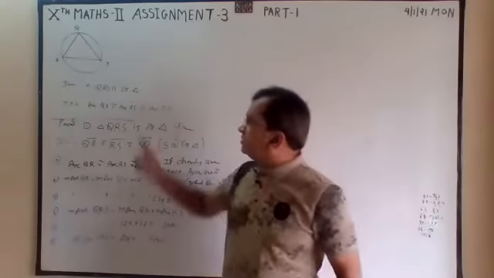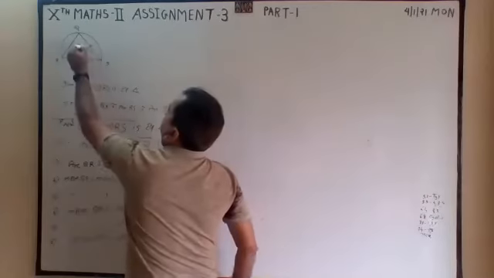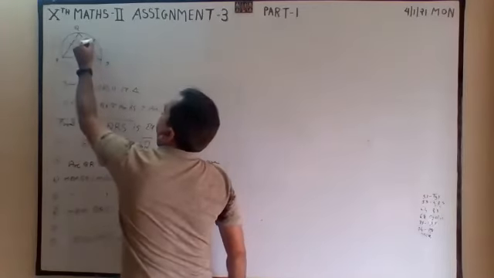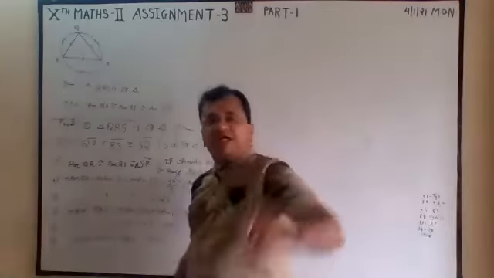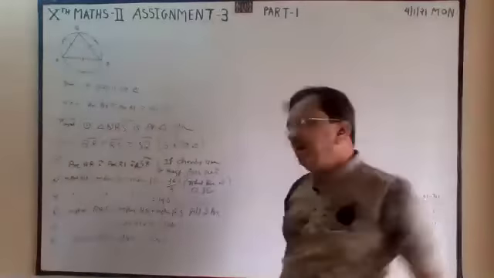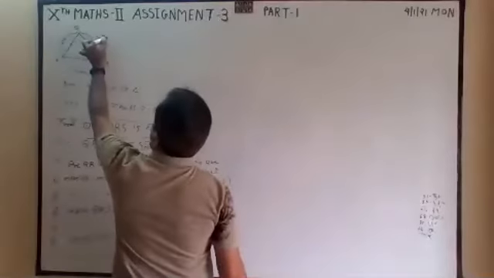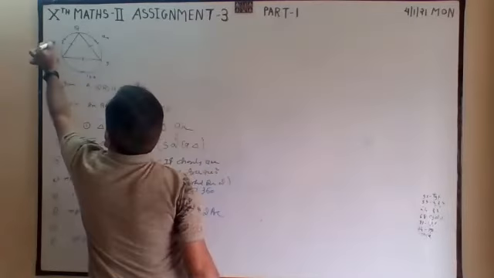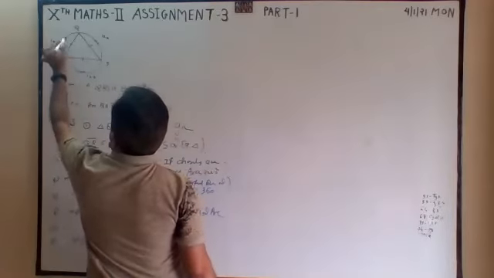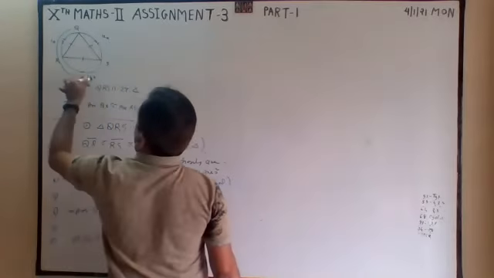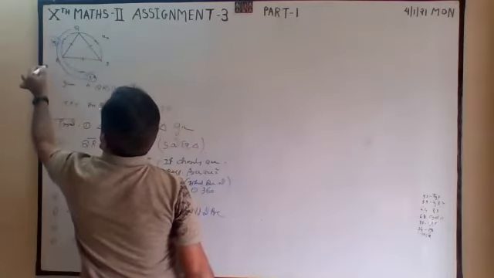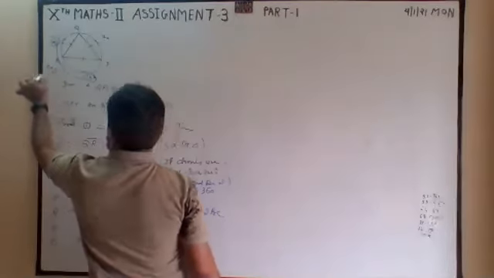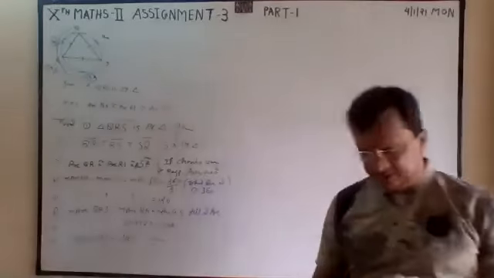Triangle is equilateral. So first side is equal to second side is equal to third side. So arcs are congruent. Full circle is 360. Divide by 3. So all are 120. And we want this arc. So that is 120 plus 120, 240. Like that.